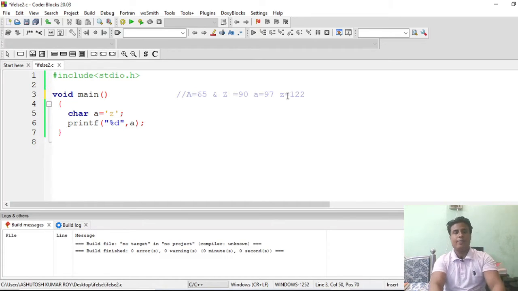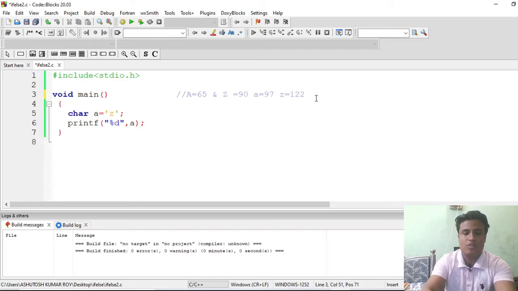So how do we convert any capital letter to a small letter? Just check the difference of those values. If capital A is given, what number do we add to get 97? 97 minus 65 is what, if you subtract the numbers, you will get 32.